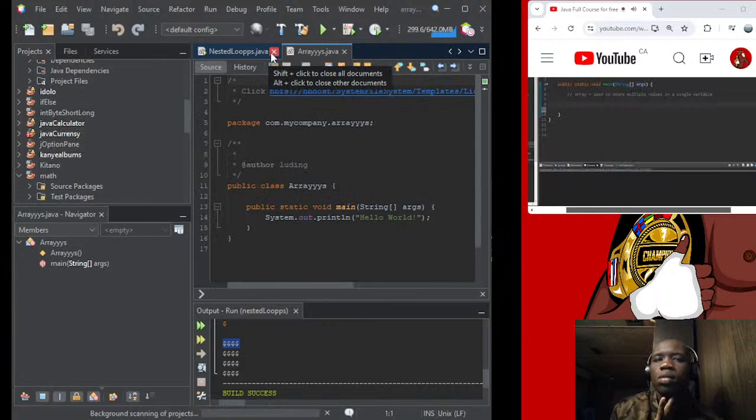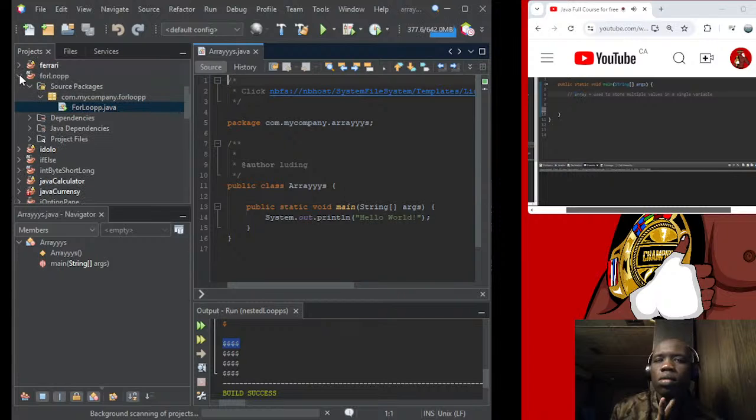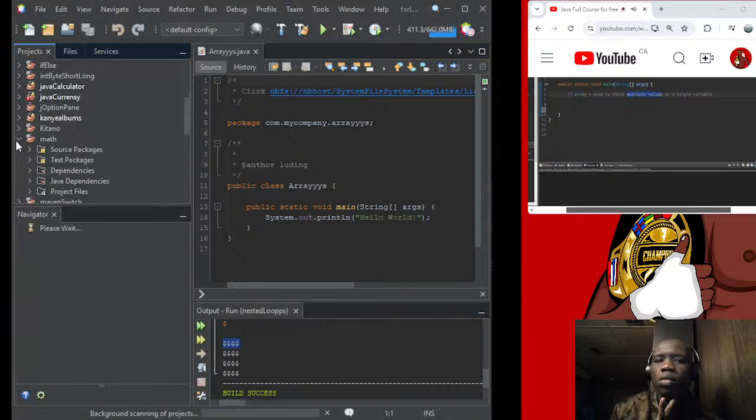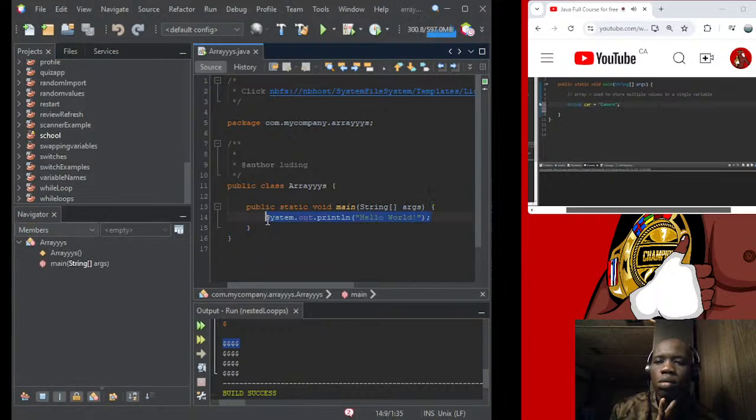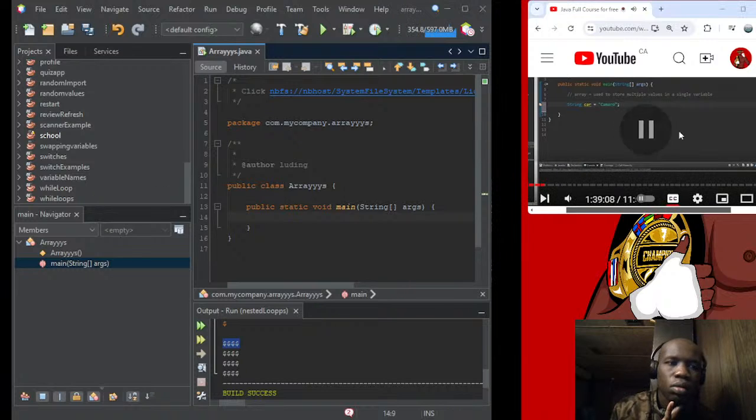Alright, welcome back, ladies and gentlemen. In this video, I'm going to explain arrays. An array is used to store multiple values in a single variable. That is it. They're really not that complicated, but they can seem kind of intimidating. So let's begin with a simple string variable called car,